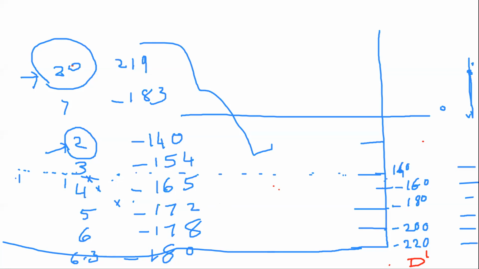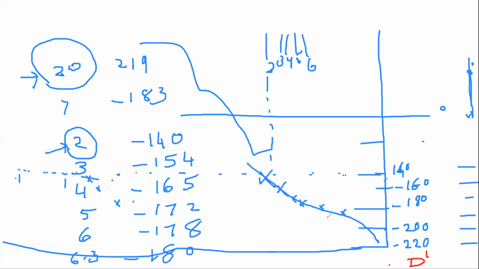So you have the vertical lines indicating what is the angle. So 2 is a frequency, 3 is a small line, 4 is a small line, 5 is a small line, 6 is a small line. So you have these lines very much close. So when this vertical line is cutting this minus 140, this is minus 140, 3 is cutting this, 4 is cutting this, 5 is cutting, 6 is cutting this, 6.2 is cutting this 180. So you draw all of them and extend it further. So it is crossing at 6.2. If you look down, you will be finding it between 6 and 7.